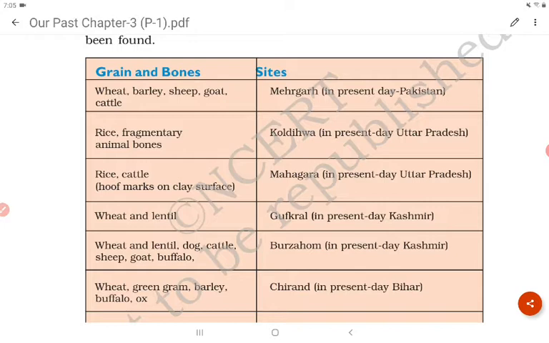Grain and bones and the sites: wheat, barley, sheep, goat, cattle, Mehrgarh in present-day Pakistan; rice, fragmentary animal bones, Dholavira; rice, cattle, hoof marks on clay surface, Mahagara in present-day Uttar Pradesh; wheat and lentil, Gufkral in present-day Kashmir; wheat and lentil, dog, cattle, sheep, goat, buffalo, Burzahom in present-day Kashmir;